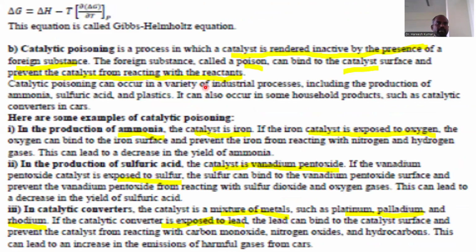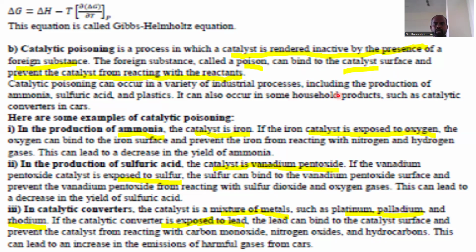Okay, this we discussed already. And catalytic poisoning. Catalytic poisoning is a process in which a catalyst is rendered inactive by the presence of foreign substances. The foreign substances, called poisons, can bind to the catalyst surface and prevent the catalyst from reacting with the reactants. Catalytic poisoning can occur in a variety of